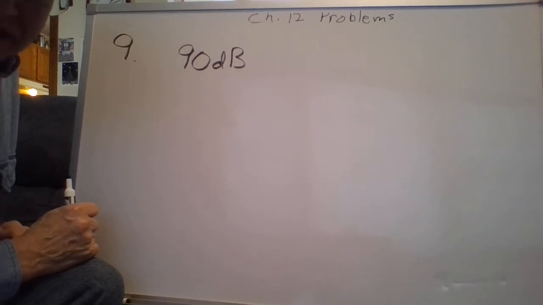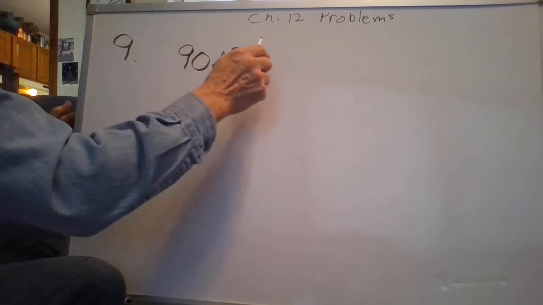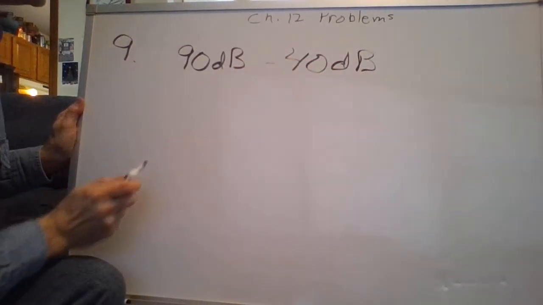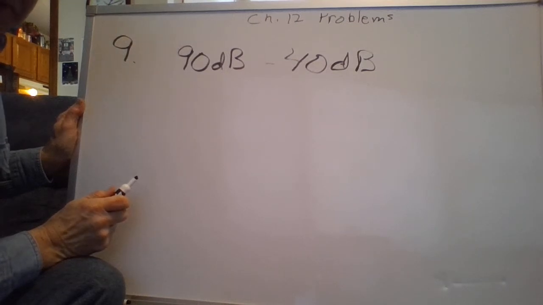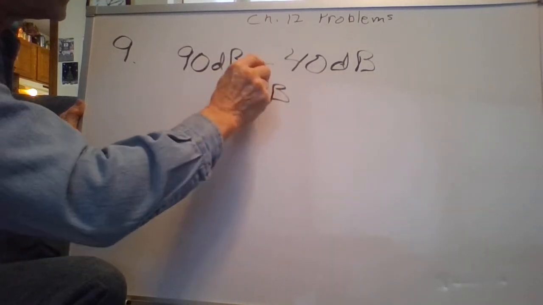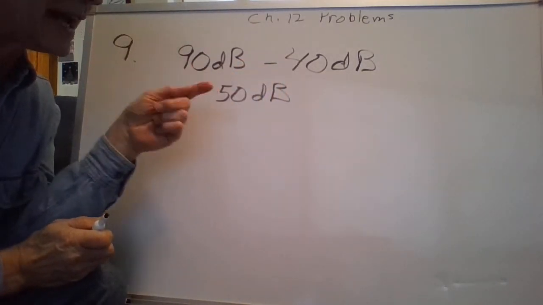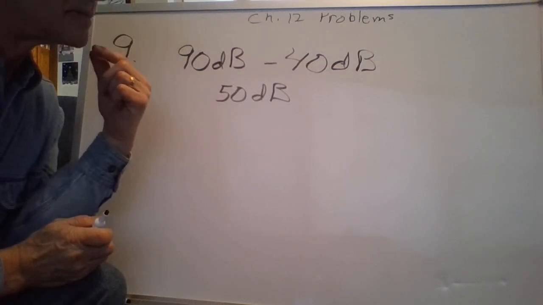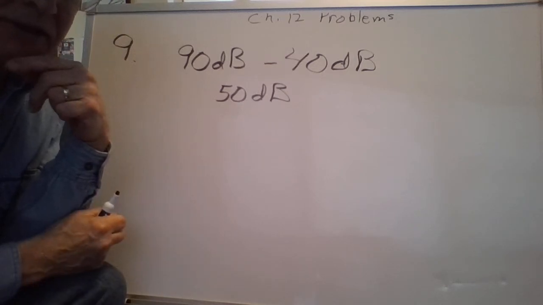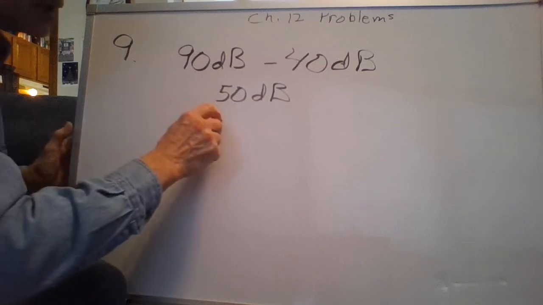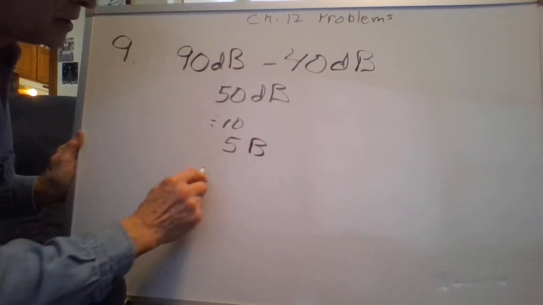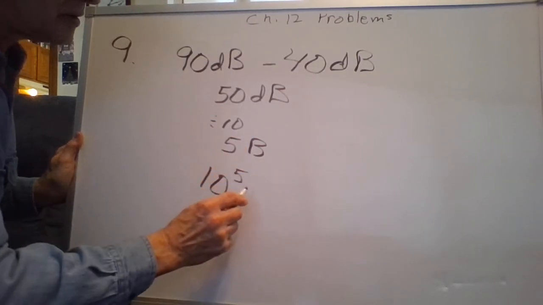How much louder is 90 decibels than a 40 decibel sound? Well, 40 decibel sound, I know that's awfully easy mathematics there. It's 50 decibels, right? But remember, logs add and subtract when you're actually multiplying sounds. Then you have to think differently. The 50 decibels, then, if you divide by 10, that would be 5 bels, or 10 to the 5th times.